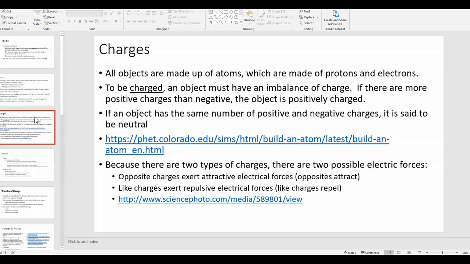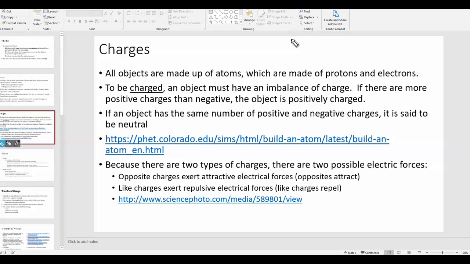Now, the electric force has a property that's a little bit different than the gravitational force. The gravitational force is always, always, always attractive. Okay, but there's two types of electricity. There's only one type of mass, but there's two types of charge. Okay, you have positive and negative. And so we've discovered through doing experiments that if you have two charged objects that are both positive, okay, so